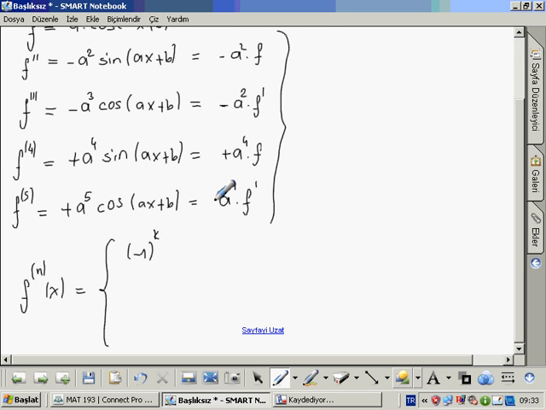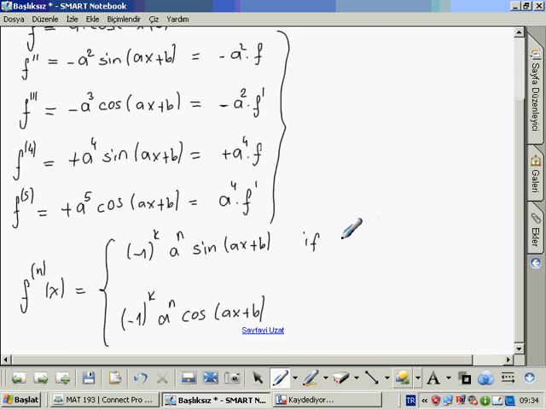It tells us the sign of the total derivation, and a to the n power, sine ax plus b, and the minus 1 to the power of k, a to the n, cosine ax plus b, and for that